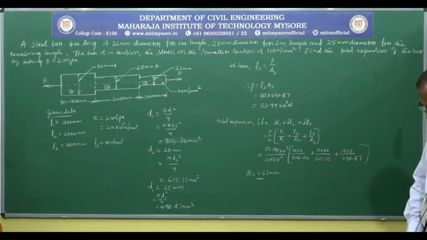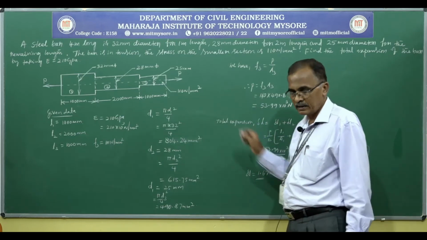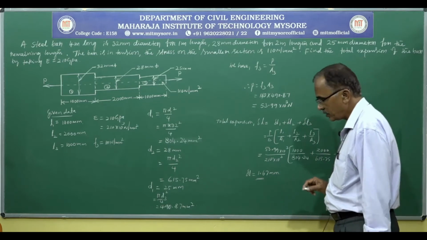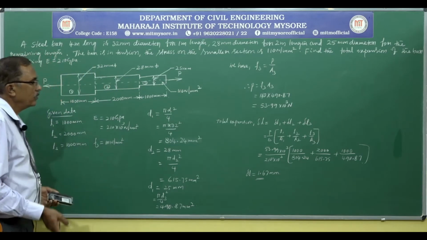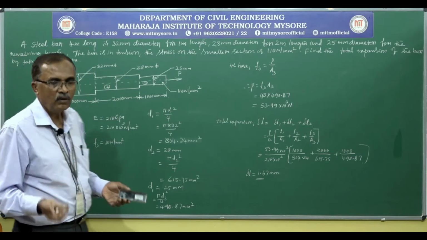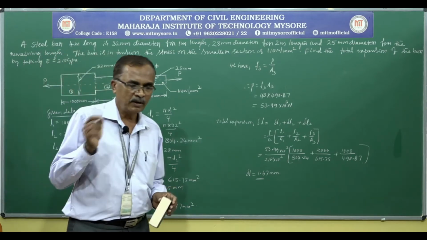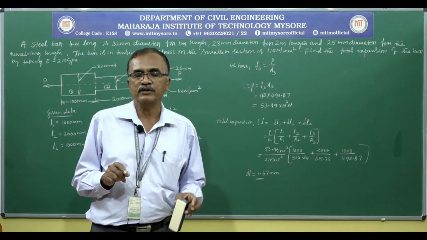So, like this we can solve the problems. We have taken almost all possible combination of the forces and the unknown values. Now, let us move on to next concept. So far we have come across a bar of uniform cross section. We also come across a bar of varying cross section. The next section which we come across is a bar of uniformly varying cross section or a tapering section.